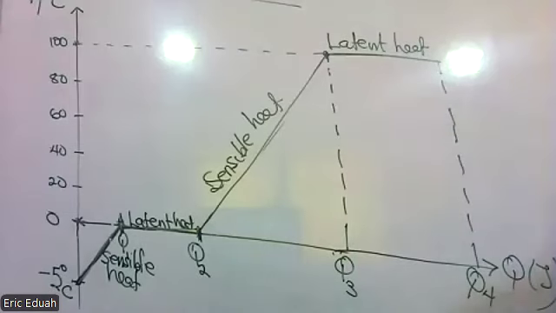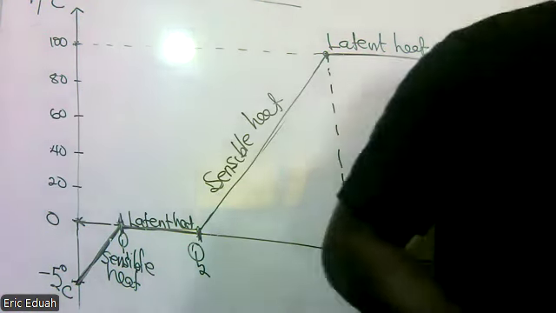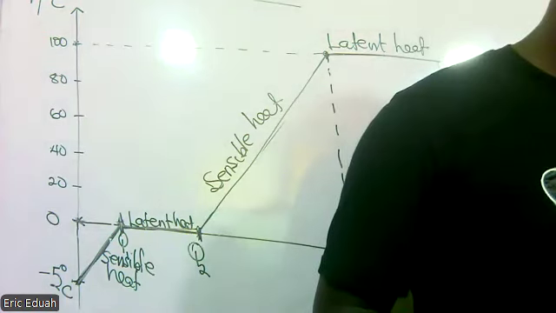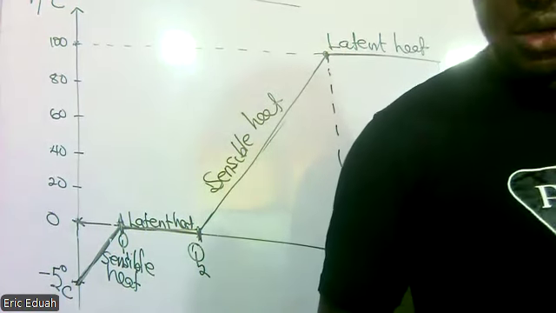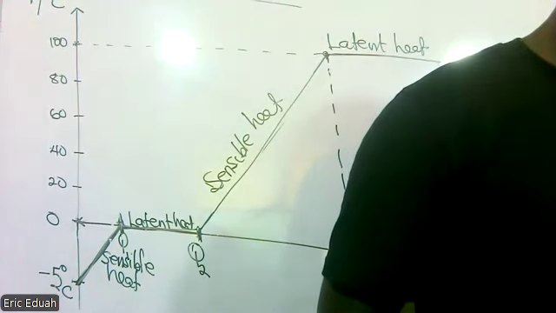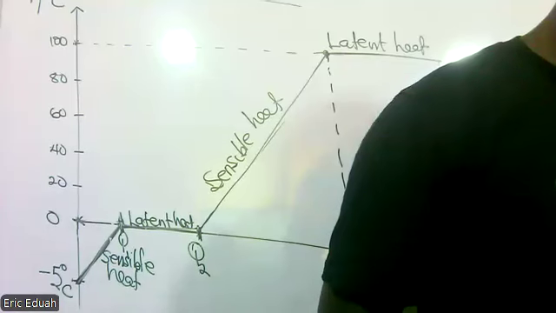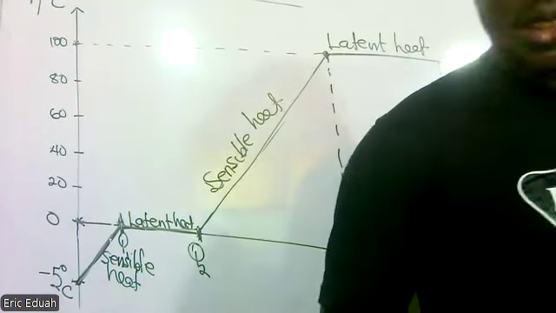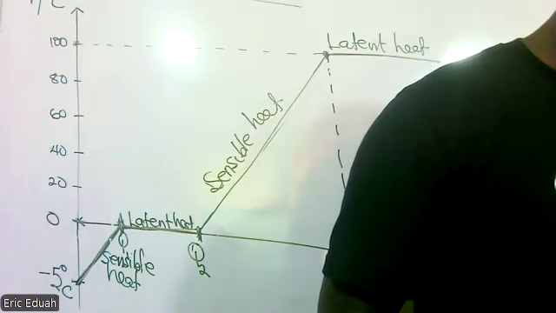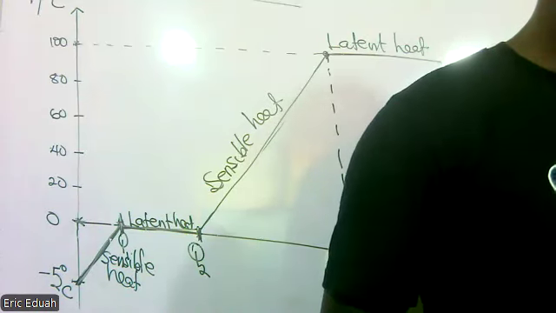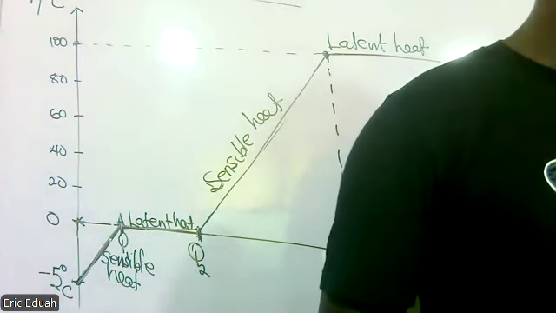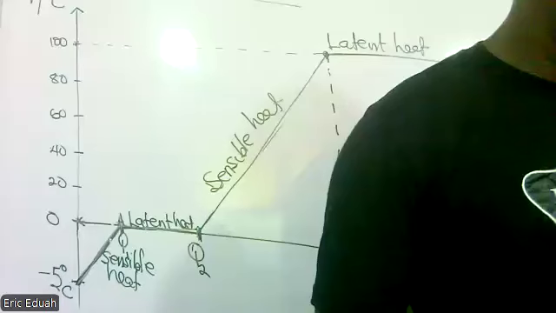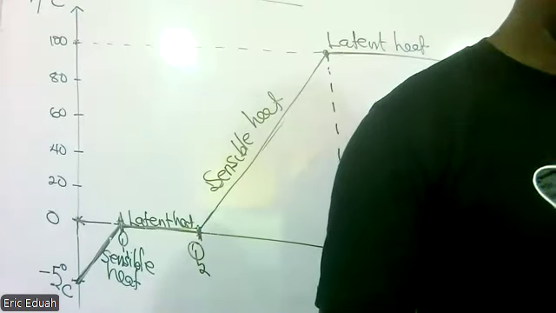So we are looking at a 1 kilogram mass of a substance at 0 degrees Celsius that is being heated to form gas at 90 degrees Celsius. So the graph represents the temperature of 1 kilogram mass of a material as heat is added.